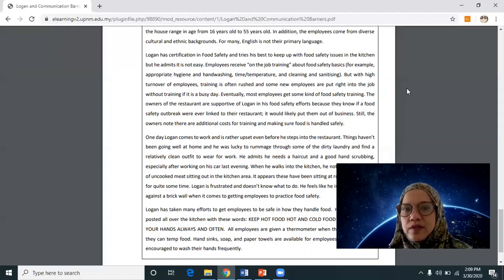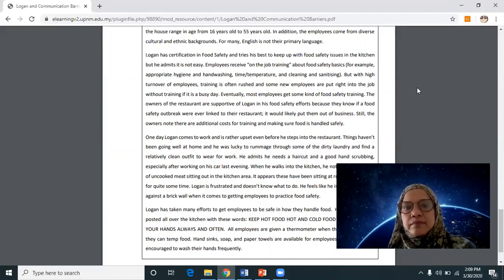Employees receive on-the-job training about food safety basics. For example, appropriate hygiene and hand washing, time or temperature, and cleaning and sanitizing. But with high turnover of employees, training is often rushed and some new employees are put into the job without training if it is a busy day.